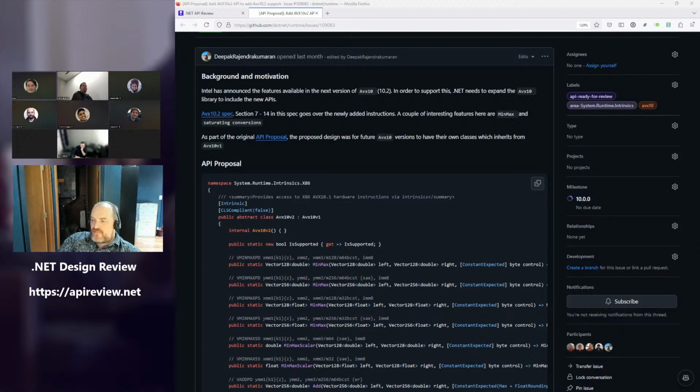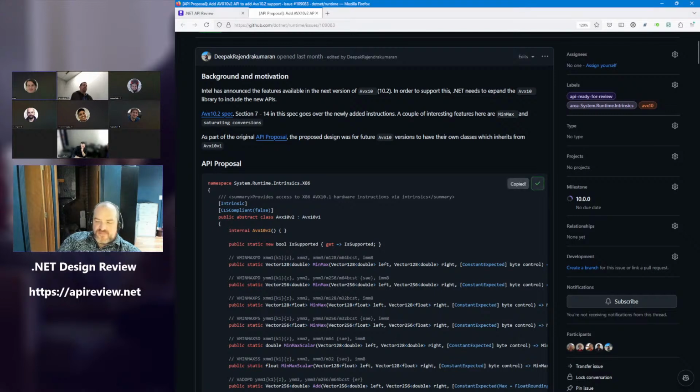So the first ones are min-max. These ones allow you to compute min or max based on the control byte provided. And it follows the IEEE 754 behavior. Whereas today you have to emit a complex instruction sequence to ensure fully compliant IEEE results, this is a single instruction that does the correct behavior. And the control byte, as typical, allows you to pick what that is.